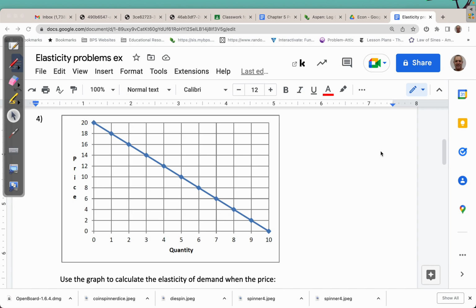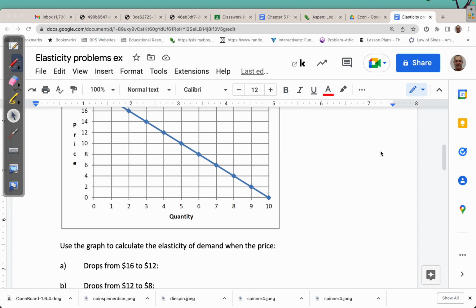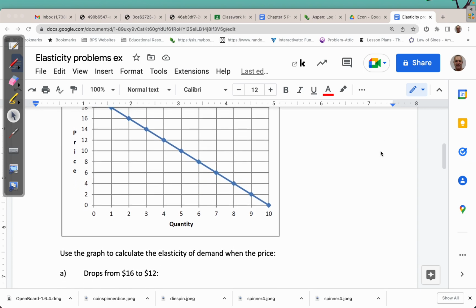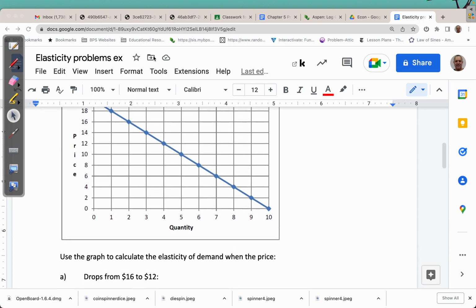Use the graph to calculate the elasticity of demand when the price drops from $16 to $12. All right, so let's keep this on the screen. When the price is $16, the quantity is 2. And when the price is $12, the quantity is 4. So quantity, the change is 2. The average of 4 and 2